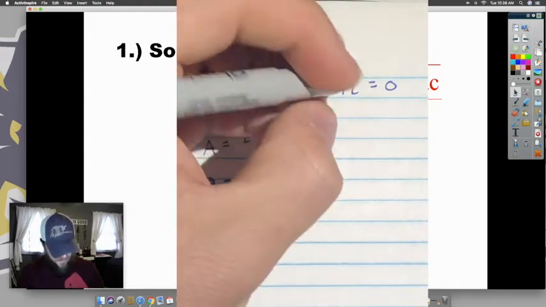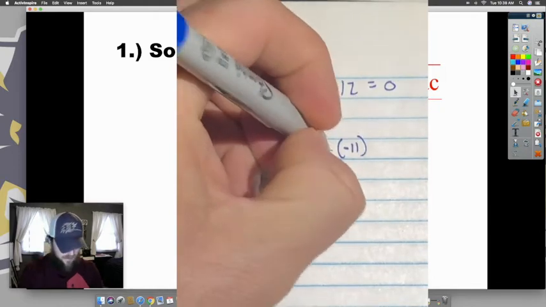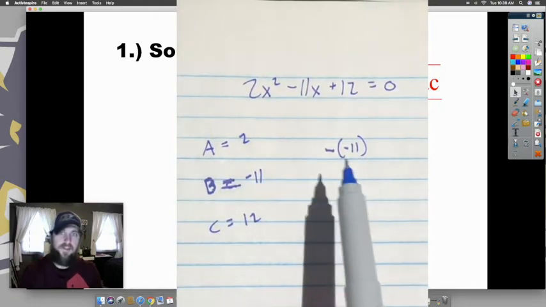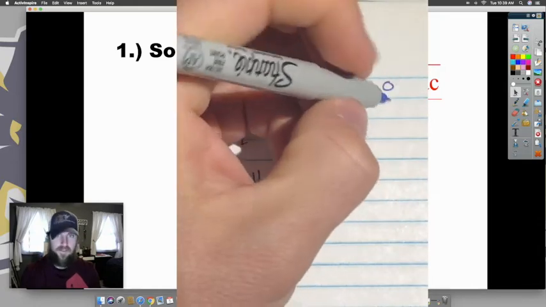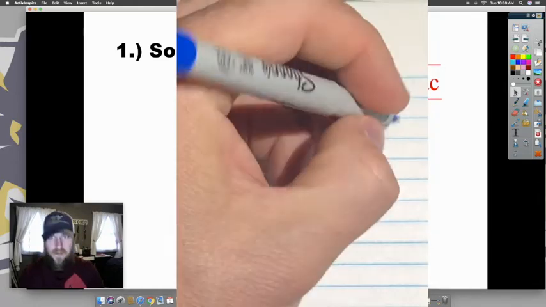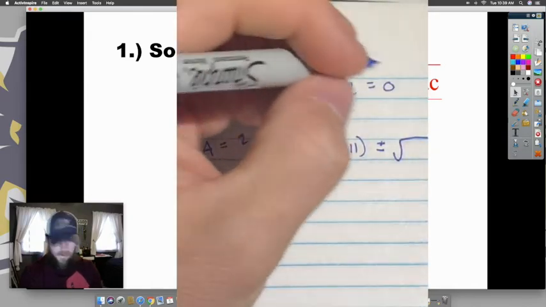So we have the opposite of b. I like to say opposite because some people think our b is negative 11, and then we see the negative in front of the b, so we think, oh, let's just put down negative 11. But no, it's the opposite of negative 11. So we have 11 plus or minus, then we got our square root, and then we're going to have negative